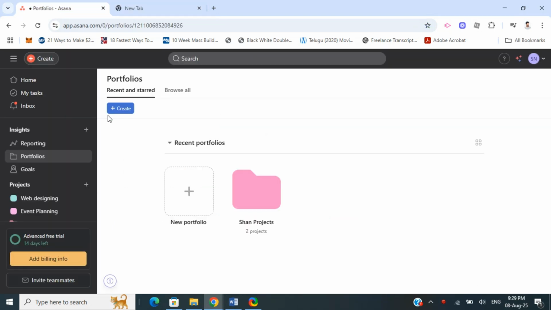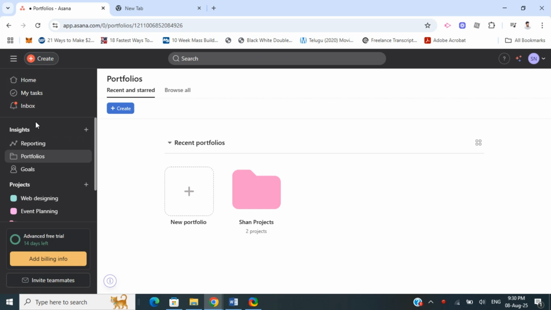So as you know, Asana is a work management and productivity tool. It's mostly used to help teams plan and organize their tasks and projects, right? So here, what we're going to do firstly is go to your Asana. Log into your Asana, and then once you're logged into your account here, if you want to use